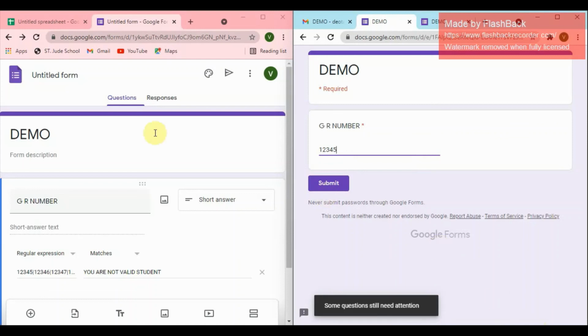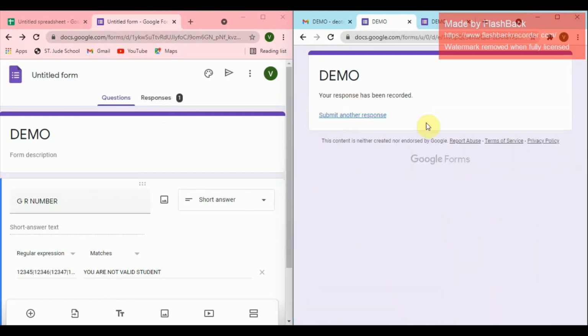If I submit, you will find that the response will come to the beside window here, and then my Google form will be open to others for submission. Okay, now let us submit. See here, as soon as I submitted, the response came as 1. Means in this way we can restrict it to the students, those who have a valid GR number can enter our Google form, and there will not be any kind of malpractice.